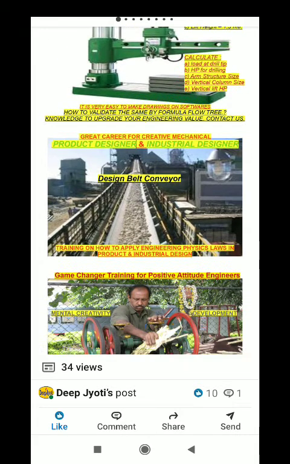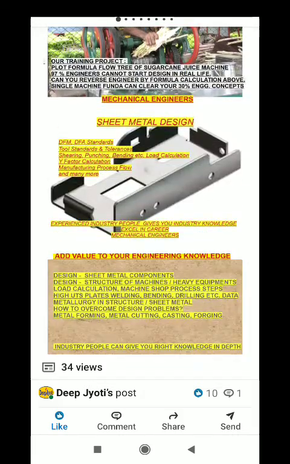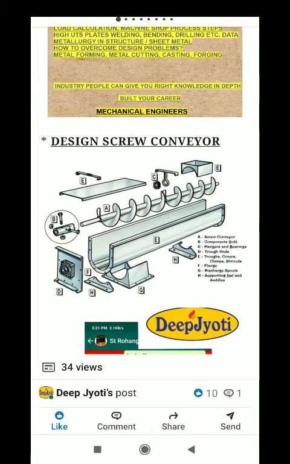You say belt conveyor, how to design a belt conveyor, because in modern industries, material handling is one of the biggest users. Without material handling, belt conveyors, screw conveyors, you cannot have a bulk material handling facility. All these big plants, any refinery or metallurgical or metal plants, or in the paper industry, chemical plants, or the pharma sector, they have a lot of screw conveyors. So you must know how to design all these machines.